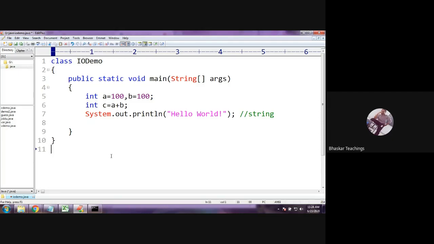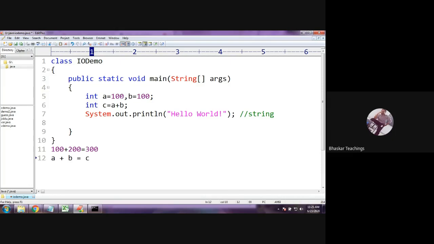In the output, I want to display 100 plus 200 equals to the result. Here 100 means not a string, the value inside A. Next, plus is a string itself, a character. Next, 200 is not the string, it's the value inside B. Next, equals to is the string itself again. Now 300 means the value inside C.